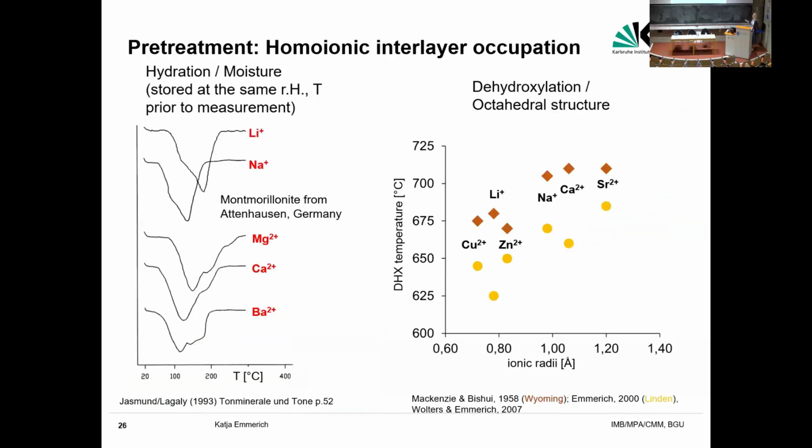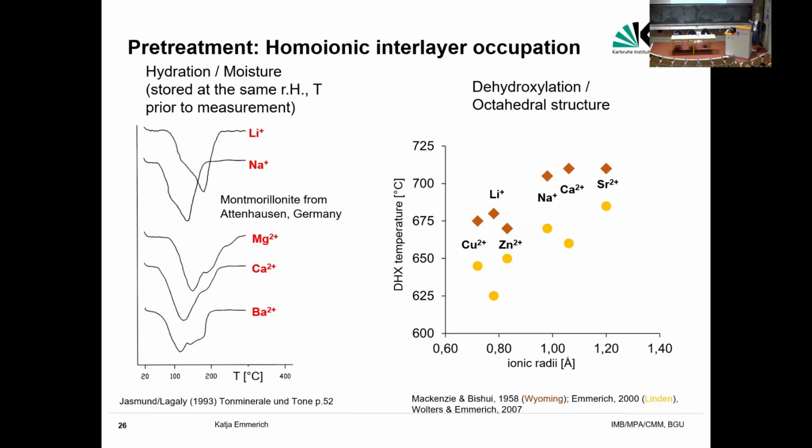Yeah, this is what we learned from Bruno, and this is the explanation of why the same smectite with different interlayer cations has different basal reflections. Because here you see they are in a different hydration state. So this is one montmorillonite with different interlayer cations, and you see the dehydration behavior takes place in several